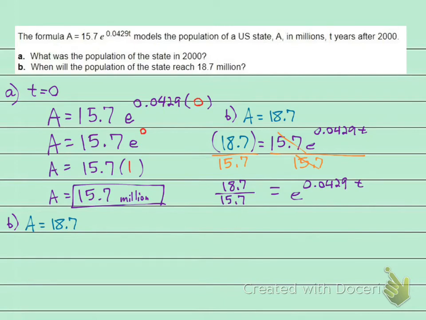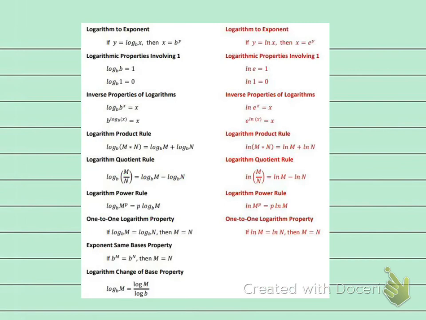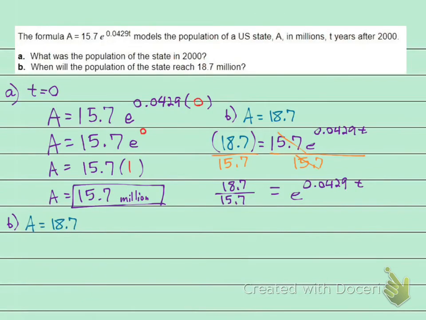All right, now we want to get this t out from the exponent. One way you could do it is you could look at the logarithm to exponent property. But what we're going to do is take the natural log of